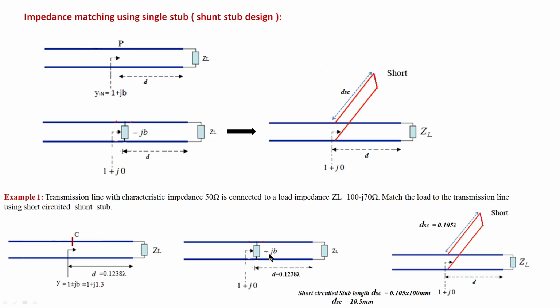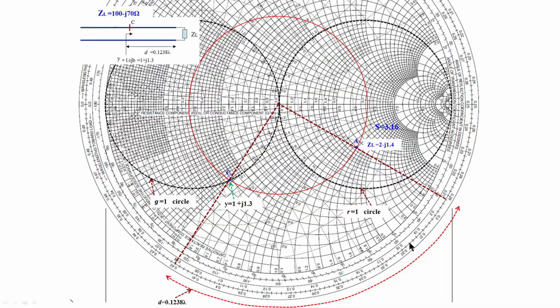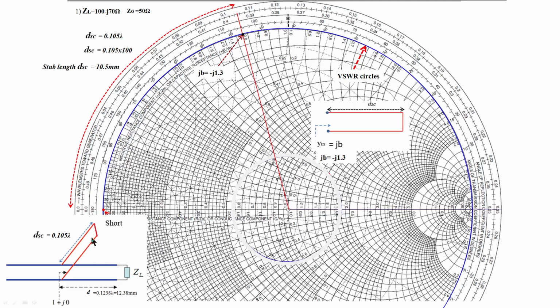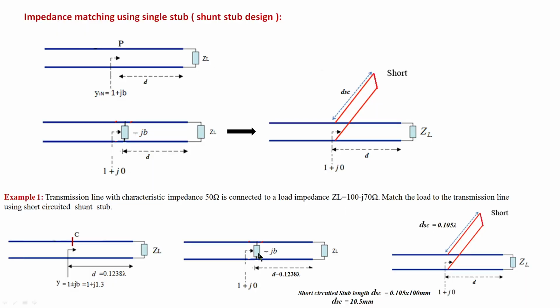How do we implement that? That is using a stub like this. We already know how to implement a B value equal to minus 1.3. We studied that. See, how to implement minus 1.3 that I needed: go to stub design. This stub I want to design. What is the stub value? Minus 1.3. We are implementing this value, B value minus 1.3.